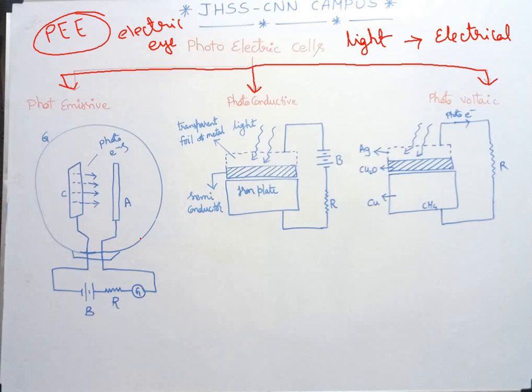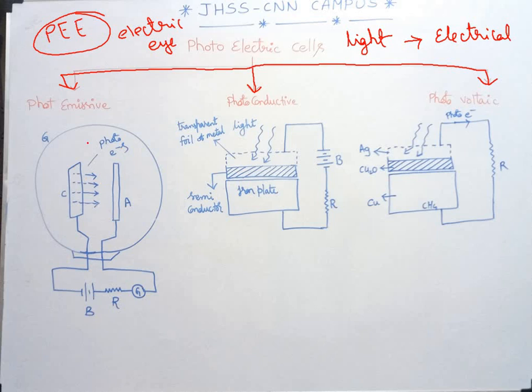So when gas molecules are present here, and as you are irradiating, you will have charges as well as a gaseous medium. So instead of a vacuum, we can introduce an inert gas, and thus more current can be expected. Based on this idea of filling, we can have two kinds of emissive cells. The first one is the vacuum type. Current starts immediately after the light is incident and is proportional to the intensity of incident light, and they are used in photometry and in televisions.